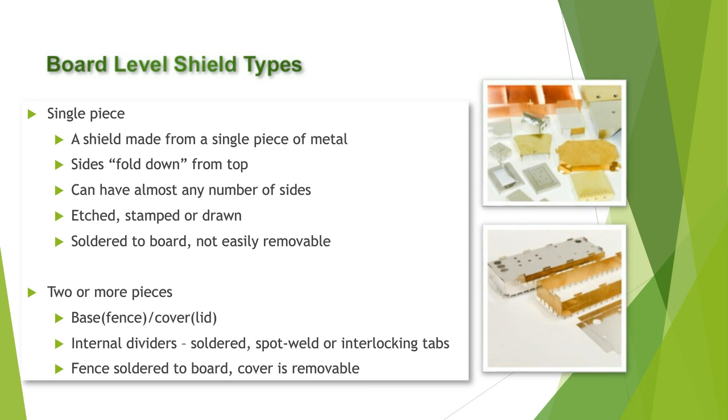A two or more piece shield is designed to have a fence or other part of the shield that's soldered to the board or otherwise attached to the board, and a cover that's removable. That's held on by a number of different methods. It's obviously more expensive, but you're buying two pieces and you have to pay for joining in some situations. So it does increase the cost, but if you need to get under the shield,